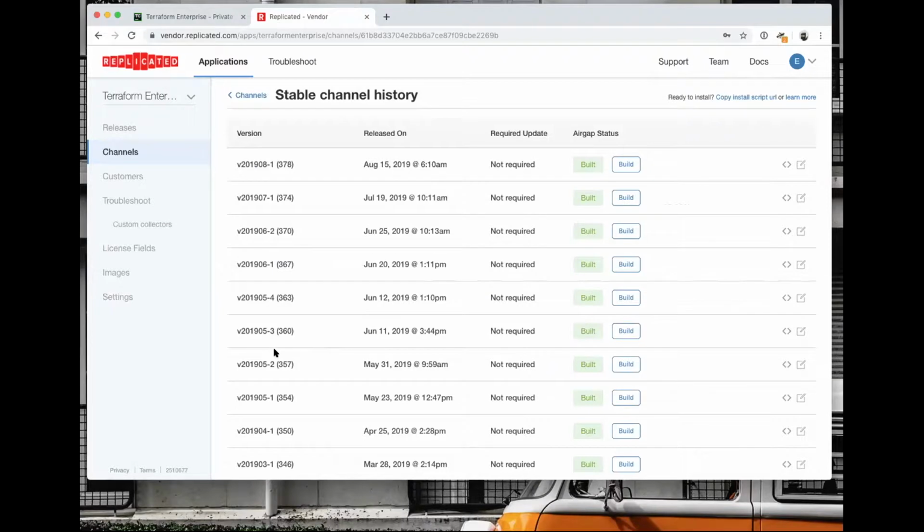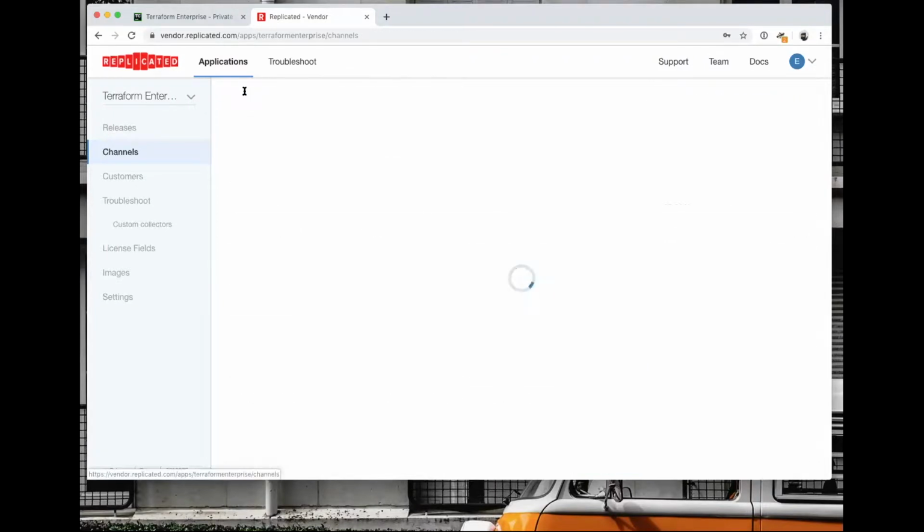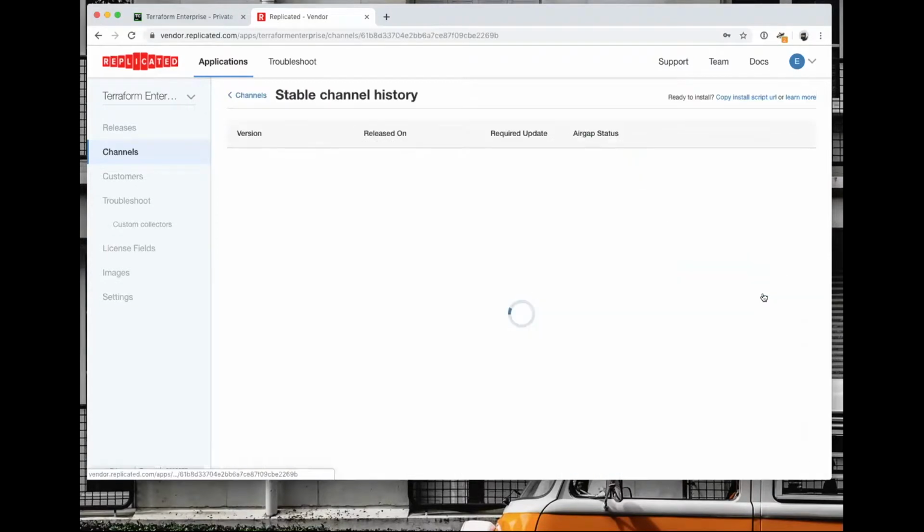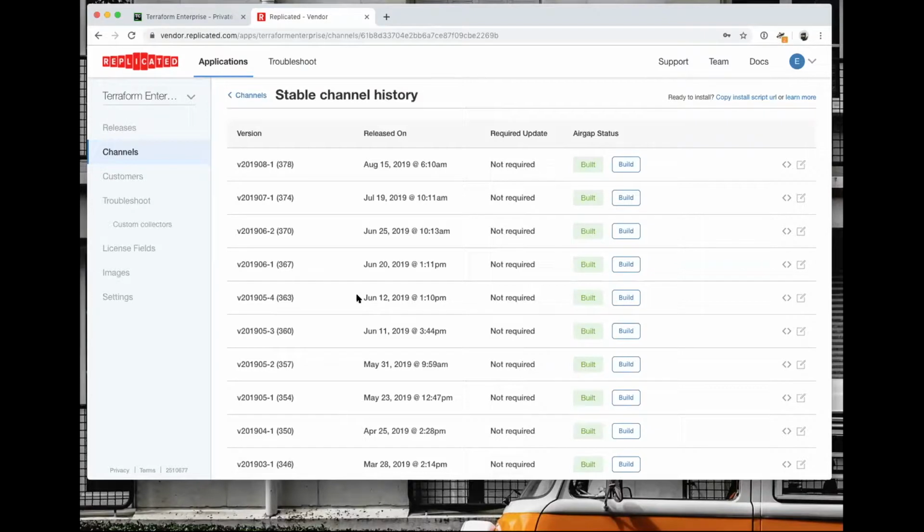And these minor releases are, if we have bugs and stuff like that, we basically can cherry pick them over. Sure. Yeah. And then real quick, just on that, I saw in the release history, it shows the air gap status, is built and you can rebuild it. Do you guys do many air gap installs? Yeah, a ton. Oh, cool. Yeah, we do a lot of air gap installs.